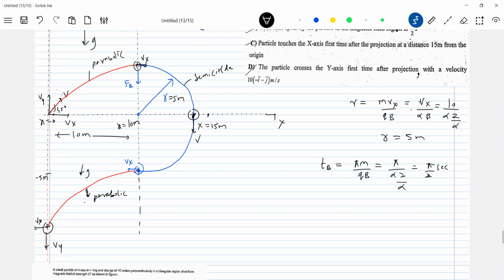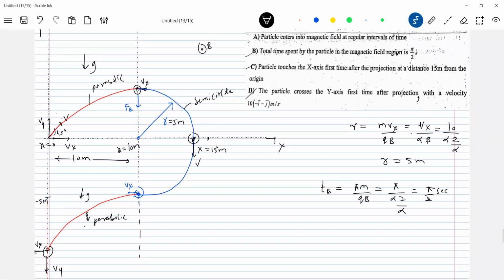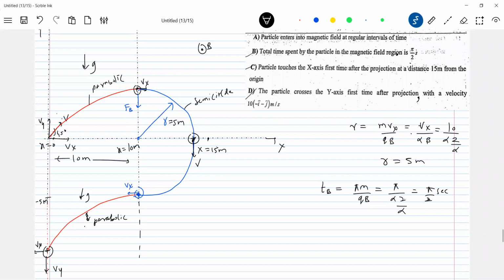Option D also will come. You have to pick up. Sir, 10 meters will get, no, sir. Correct, no? Minus 10 i cap minus j cap. Fine. He's asking velocity, no, not the distance. It will have the same y component of velocity. With whatever y component you projected at the origin, with the same y component it will cross the y-axis again.